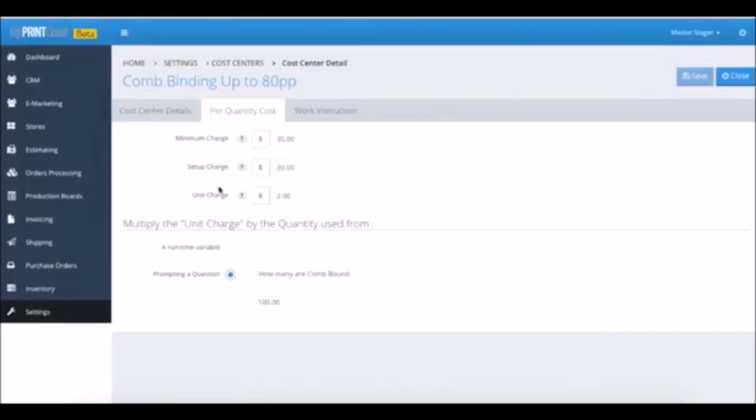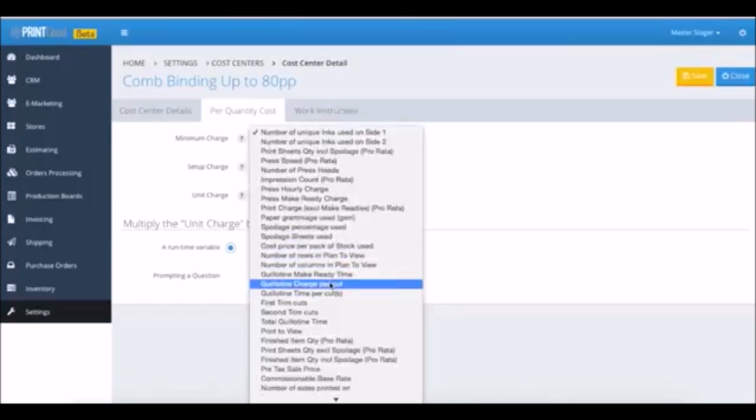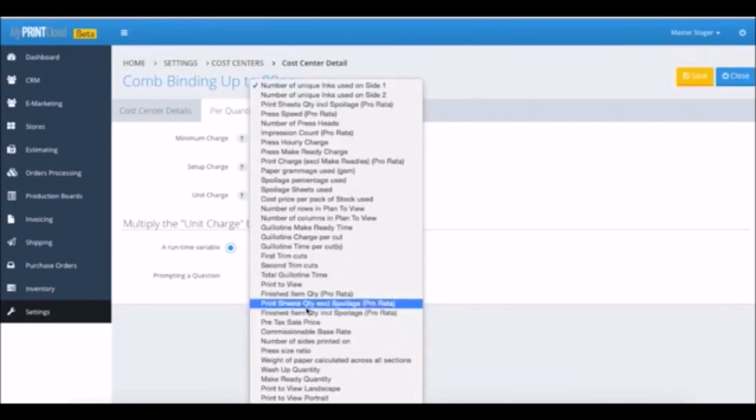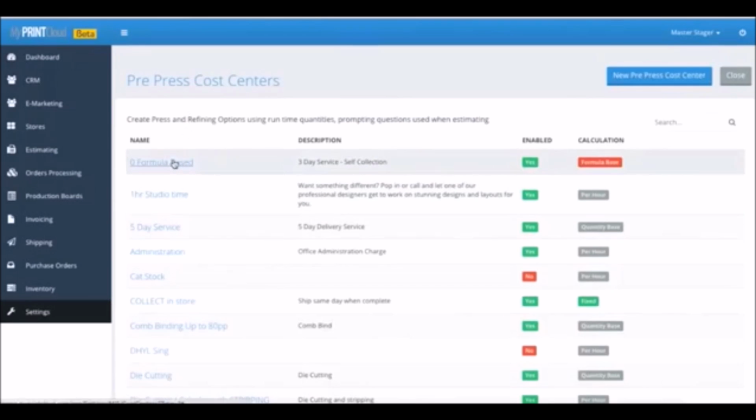a setup charge, a price per unit, and I can change this to a variable where we're calculating based on the number of finished units, the number of sides printed, the number of hours on the press, all these types of things. So you should be able to calculate most quantity-based items by using one of these lookups. If you look at the formula-based,